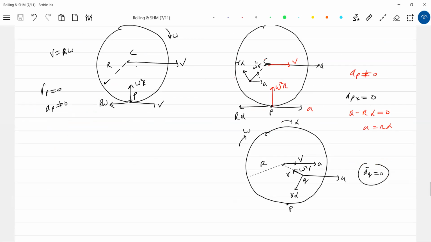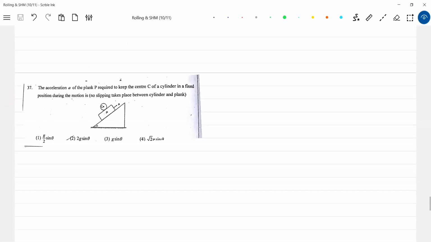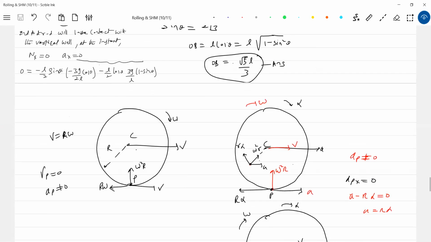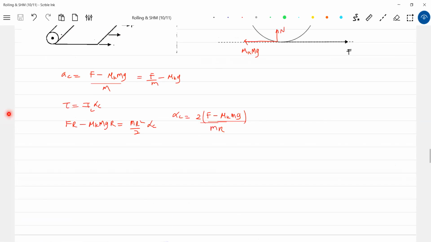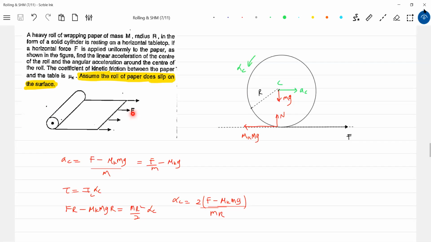Sir, in the previous question, it is given that the carpet is slipping on the surface. So how can we take force F there? The part of the carpet which was unbound will have some acceleration, so the force will be something less than F. We are applying force on the part which is unbound, and the force acting on the cylindrical part of the carpet should be less than F, because the part of the carpet which was unbound will also accelerate.